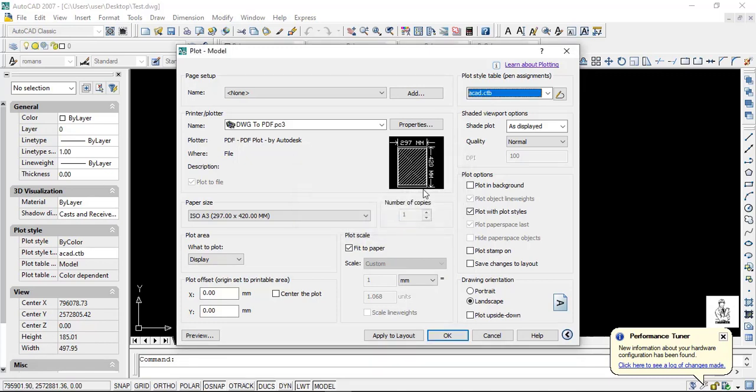Then if I want to make my PDF higher quality, then select the quality option and select the maximum option here. Then we select the center of the plot and click my page. Then click the plot area and select here